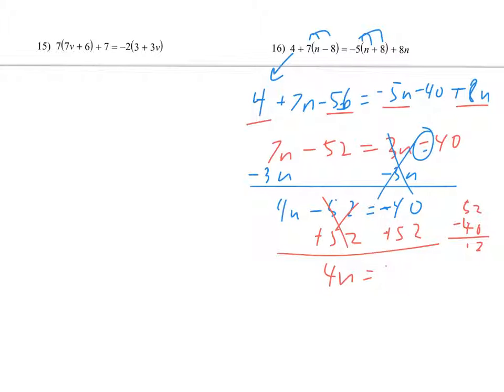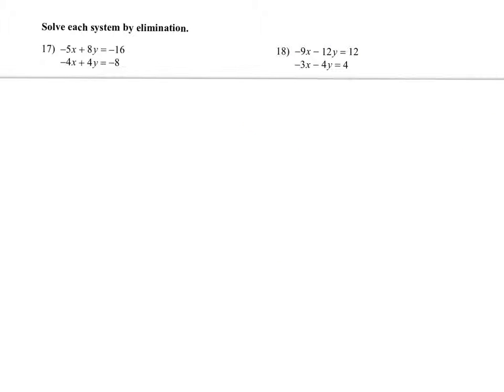And so that's 12. And then we'll just divide by 4, and n equals 3. All right, next up we're going to solve this one by elimination. So I'm going to eliminate the x's by multiplying this by negative 3. That's going to give me a positive 9x here, which I see is going to cancel with the negative 9x